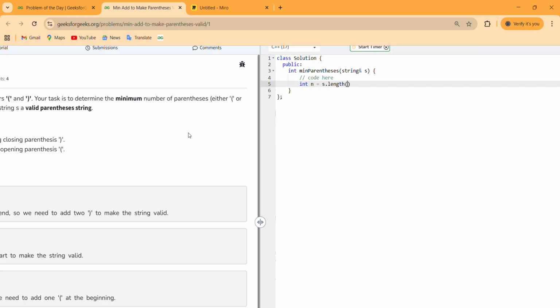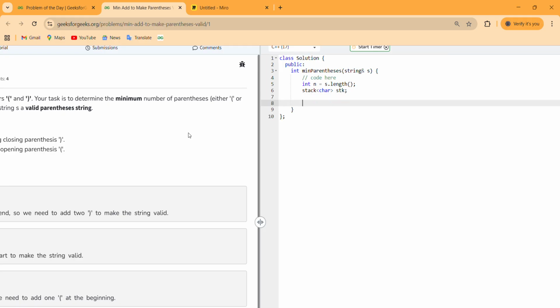We first have to find out the string size, n. Then let us make a stack, let us name that as stk. Then we can run a loop for i equals 0 till i is less than n. We first check whether the stack is empty or not. With that condition, we also have to check whether this A and B are forming a pair or not.